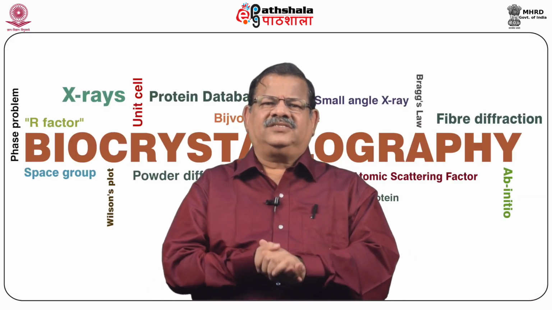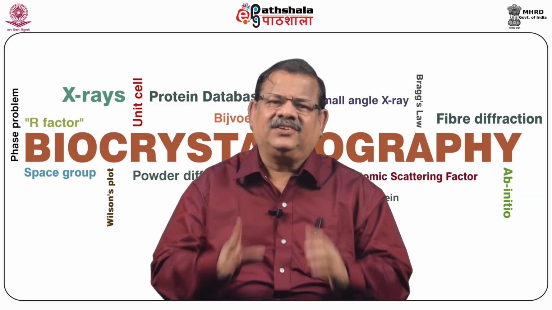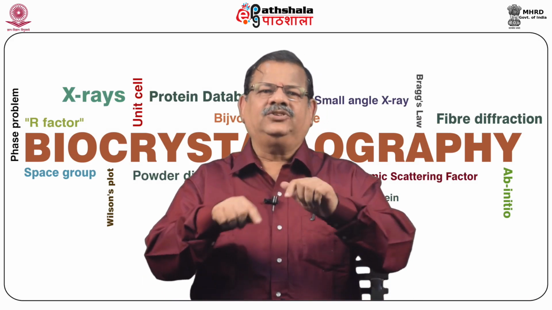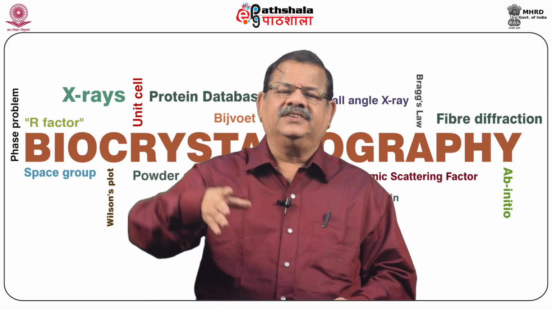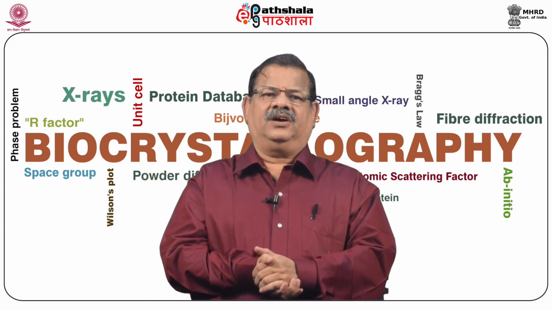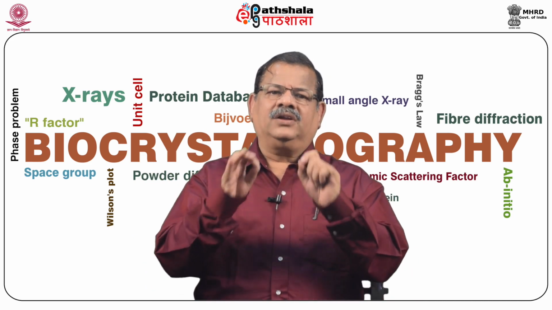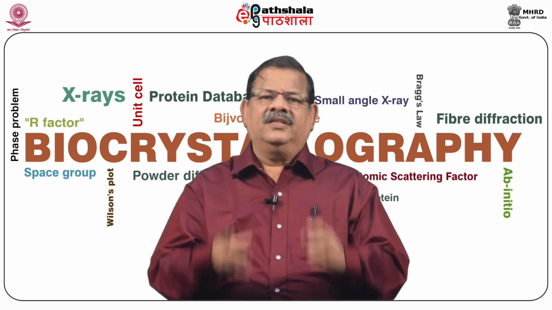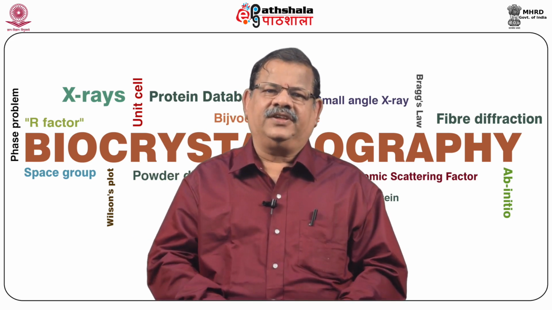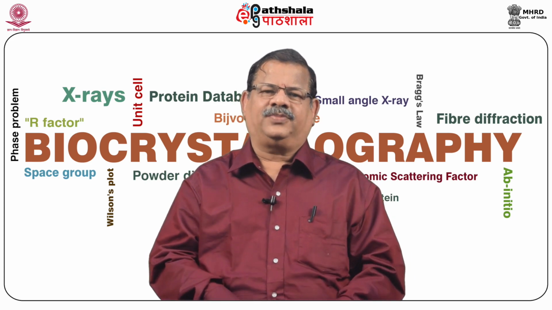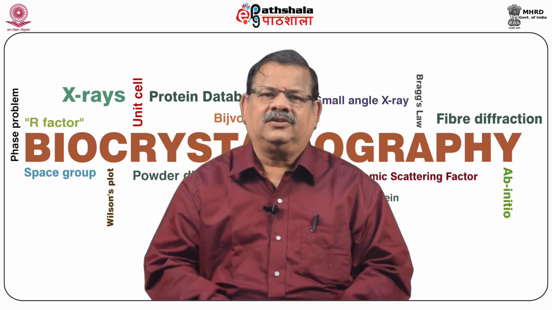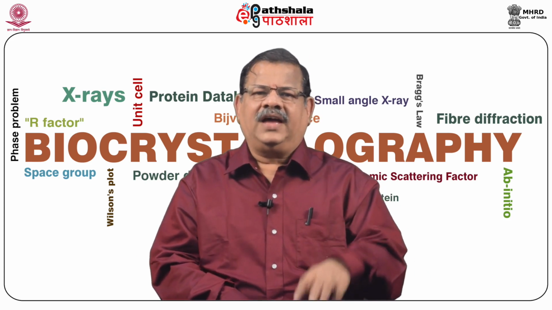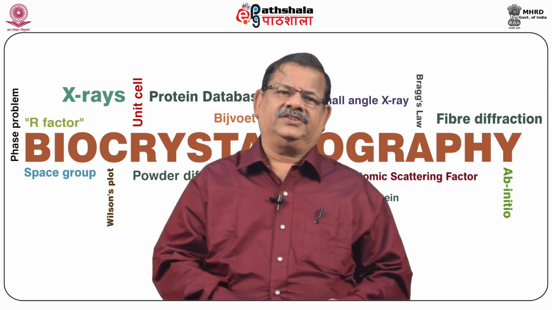The three-dimensional crystal structure analysis of molecules at the atomic level could be possible only if, in addition to the experimentally measured intensities, the phases of Bragg reflections were known. The non-availability of phases from a diffraction experiment is called the phase problem in X-ray crystallography. So unless you solve this phase problem, we cannot do the Fourier synthesis, namely calculation of electron density, in which both amplitudes and phases occur as the coefficients.